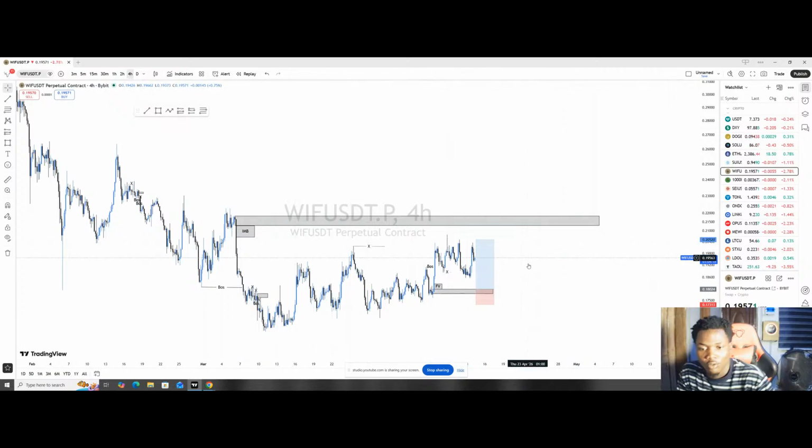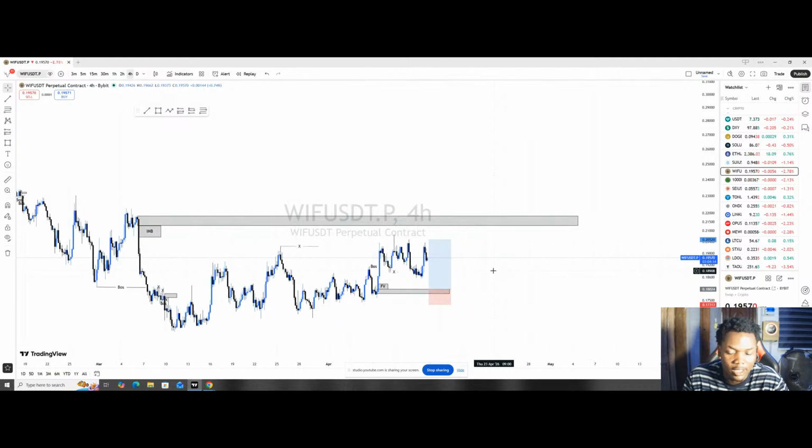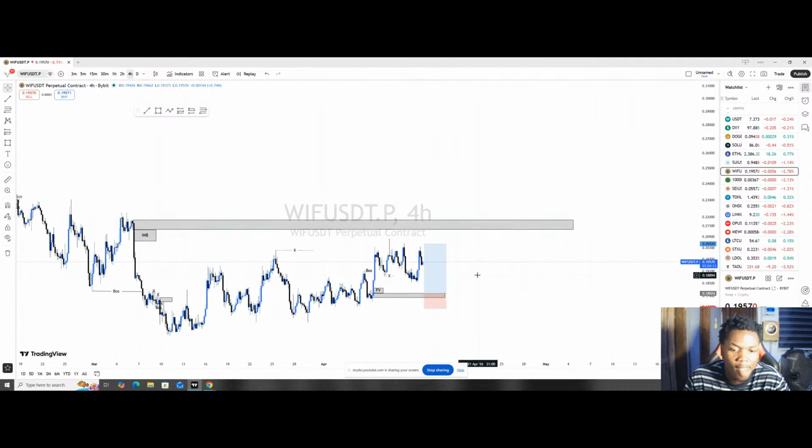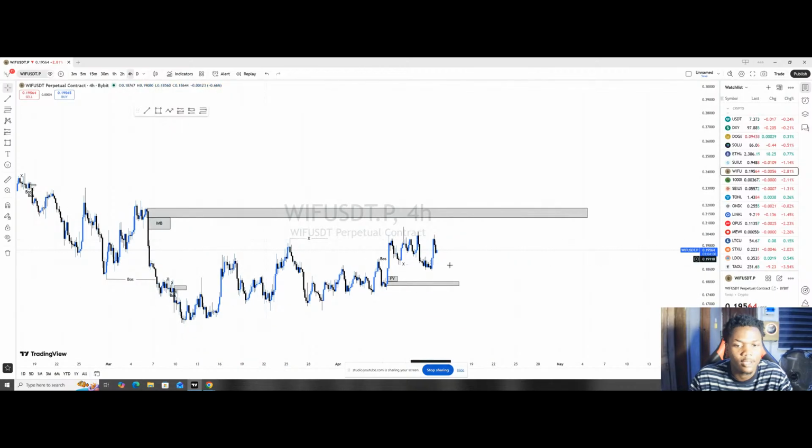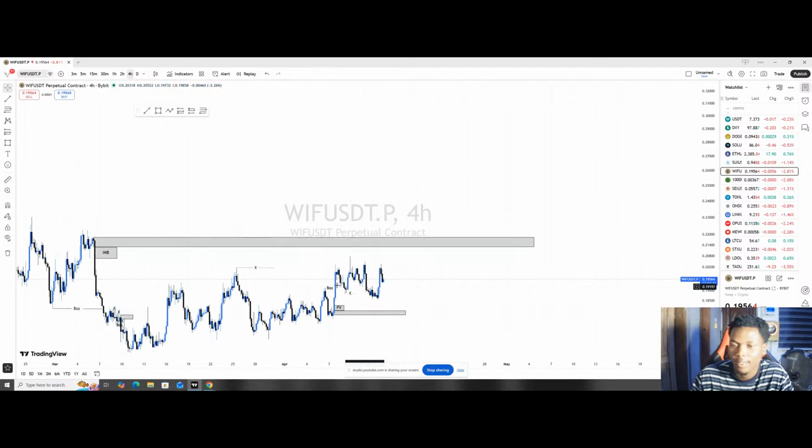So this buy trade is actually not valid anymore, because on the higher time frame price is bearish and we are looking at price to form another break of structure or to clear out this liquidity right here, because market has actually targeted this and this week has cleared out this. So I'm going to cancel this buy. But let's go back to